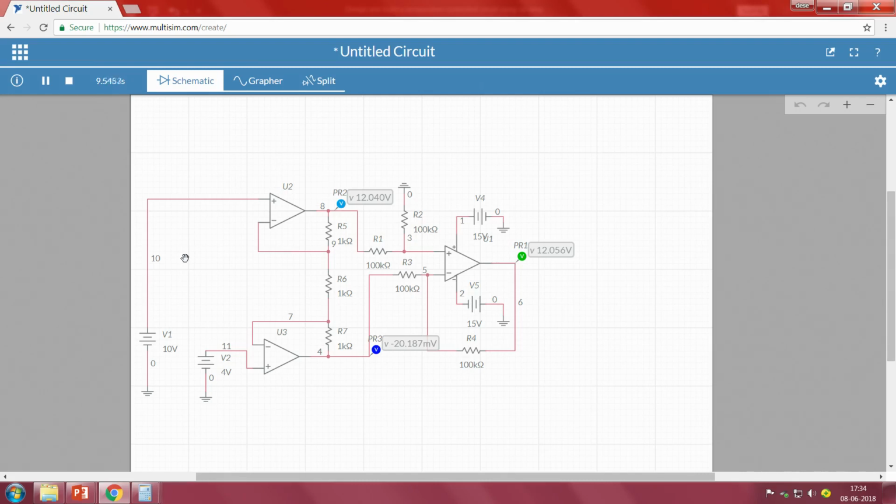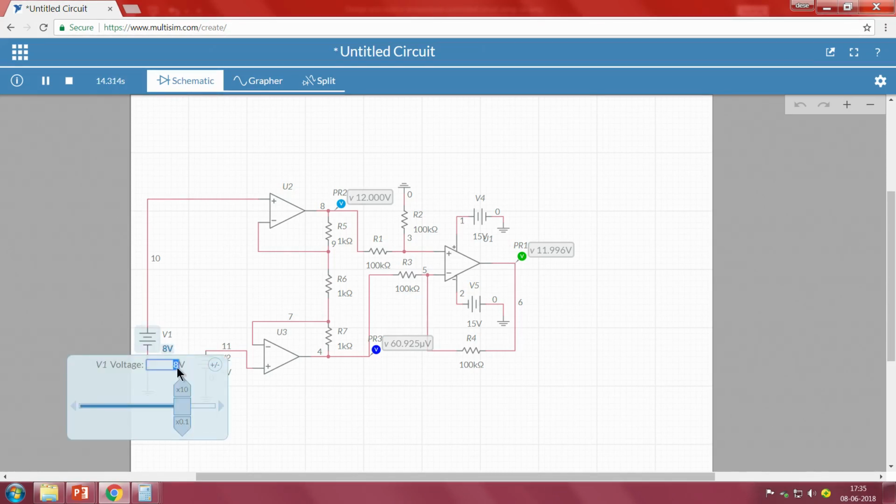Then, I will increase this V2 to 4, let me take this as 8 and 4. So, 8 minus 4, the theoretical value should be 4 and 4 into 2. But we are getting 11.996. Now, what I will do is that V1 I will make it as 4, V2 as 8.